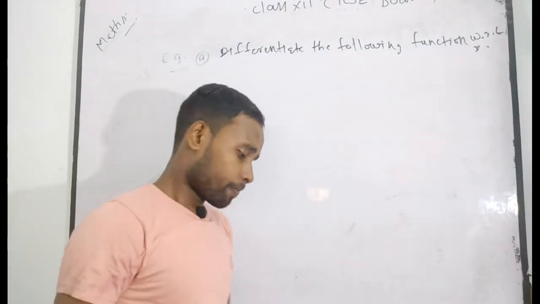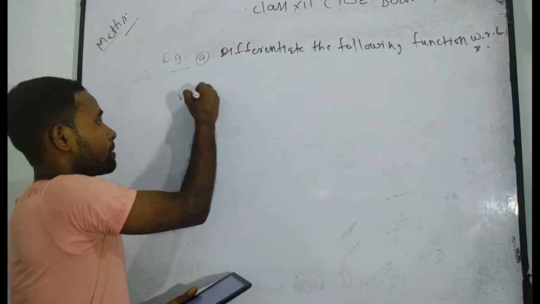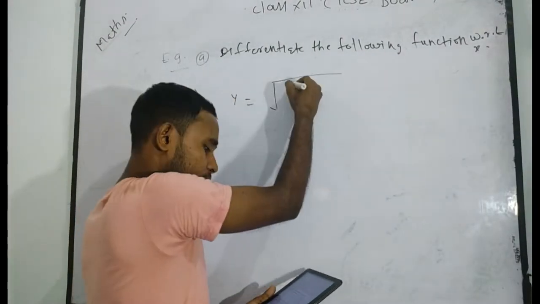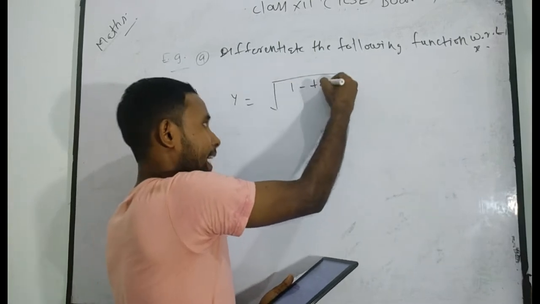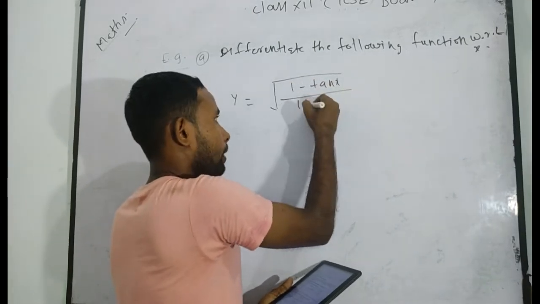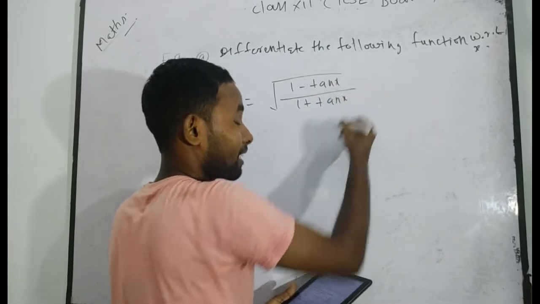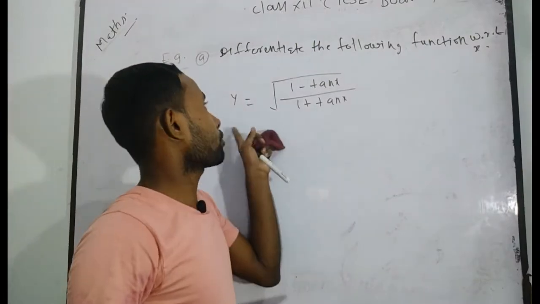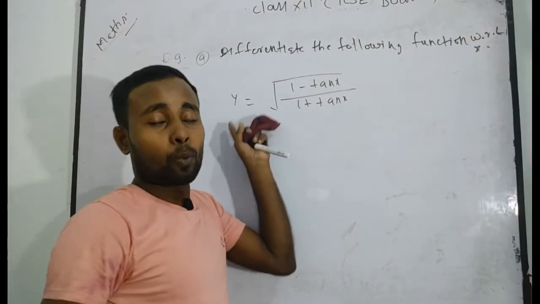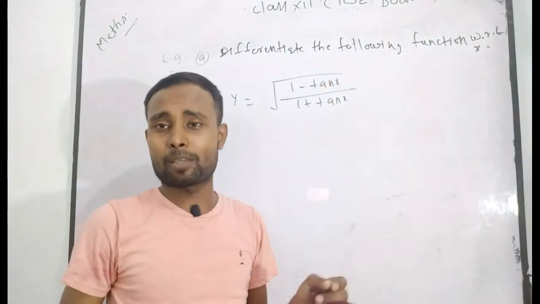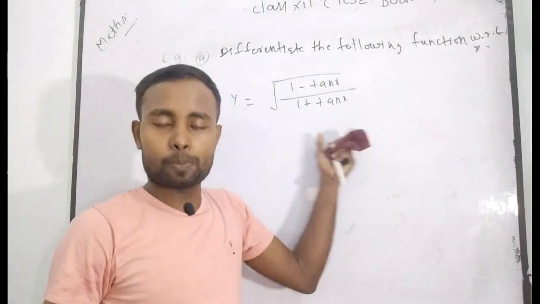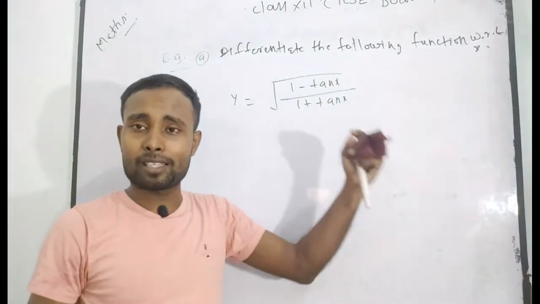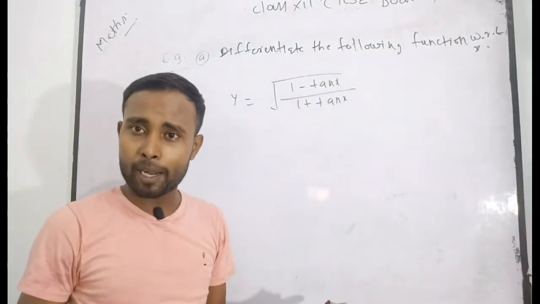Now I want to take problem 7 in which it is given that y is equal to under root (1 minus 10x) divided by (1 plus 10x). Again you will tell me, sir, I can differentiate directly. Yes, you can differentiate. First of all, right here we have y is equal to root under (1 minus 10x) divided by (1 plus 10x). Differentiating with respect to x on both sides, dy/dx is equal to the derivative of the whole term.